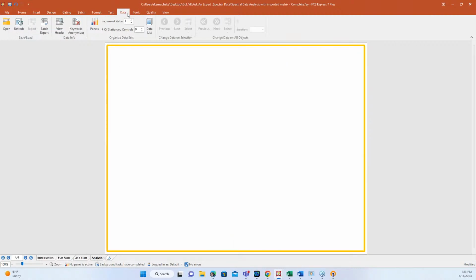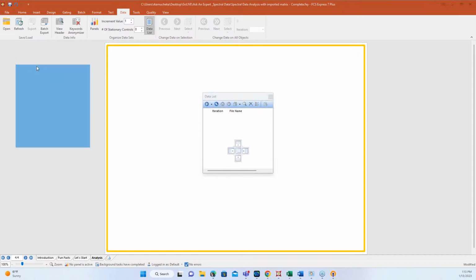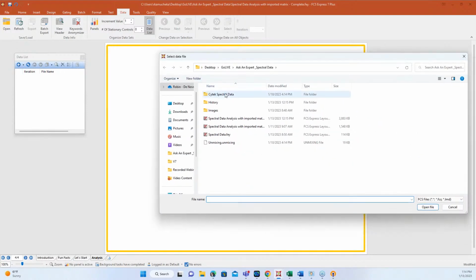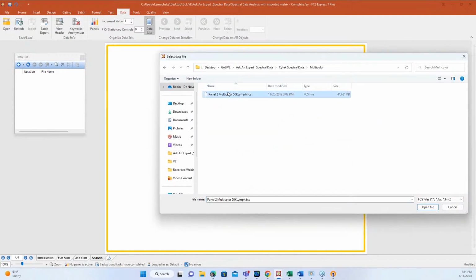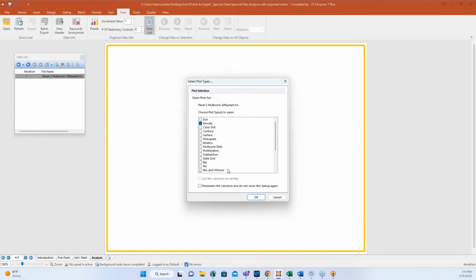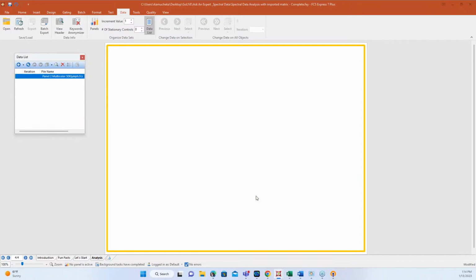When we move to analysis, it gets pretty simple. It's just like working with just about any other data file. You can drag and drop a data file in here. You can insert a plot and select a data file. You can use the blue plus icon. I'm kind of old school, so that's my way to go. I grab my data file here and insert it. Now it's in my data list, and I like to drag and drop it in. Again, you'll have all the similar choices that you would working with any other data file.